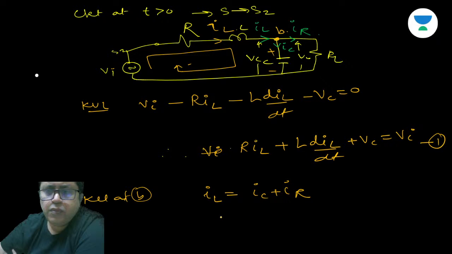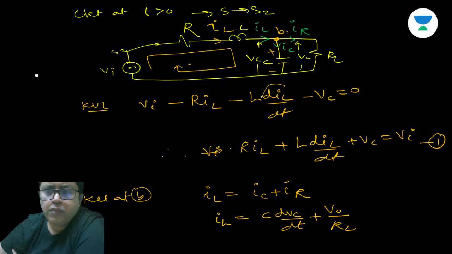What is IC? Given by C dVc by dt plus, what is IR? V0 divided by RL. Again we know that Vc equal to V0, so